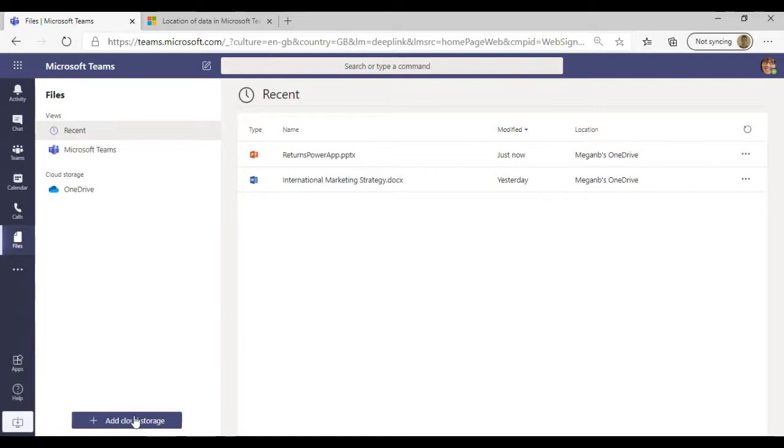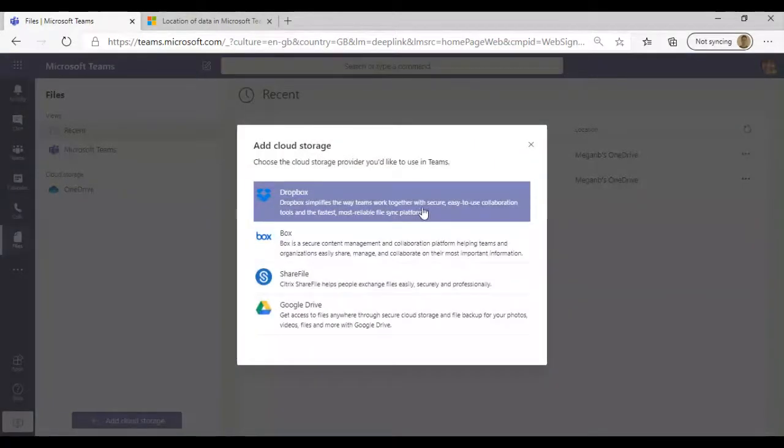Now, it's really important that we note that obviously OneDrive and SharePoint would be the go-to and the standard kind of cloud storage when it comes to Teams. However, we understand that a lot of people might be using Dropbox or something like Google Drive. All of those are fully integratable within Teams. So if you have something like Google Drive that you want to use as your preferred cloud storage, you can actually use that, and again, fully integrated within Teams.